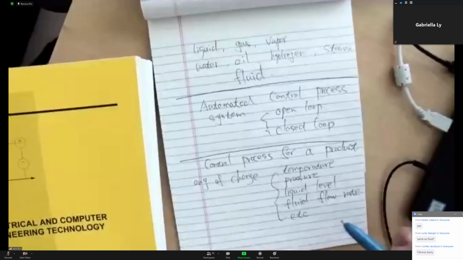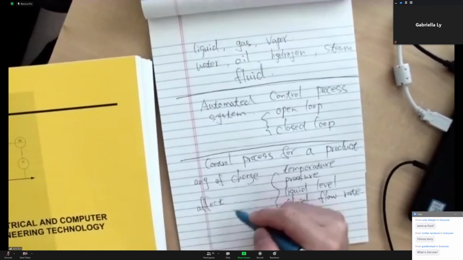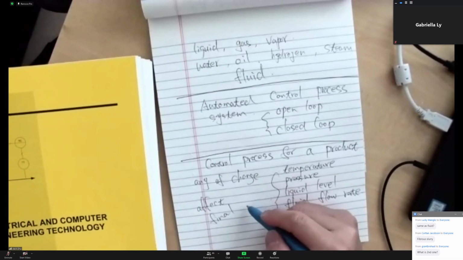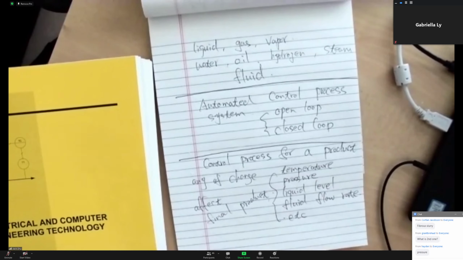If any of those change, it can affect the final product. That's why when we're talking about automated controls and systems, we have to do the measurement. We have to do the controlling of those things. So those are gonna be important things for